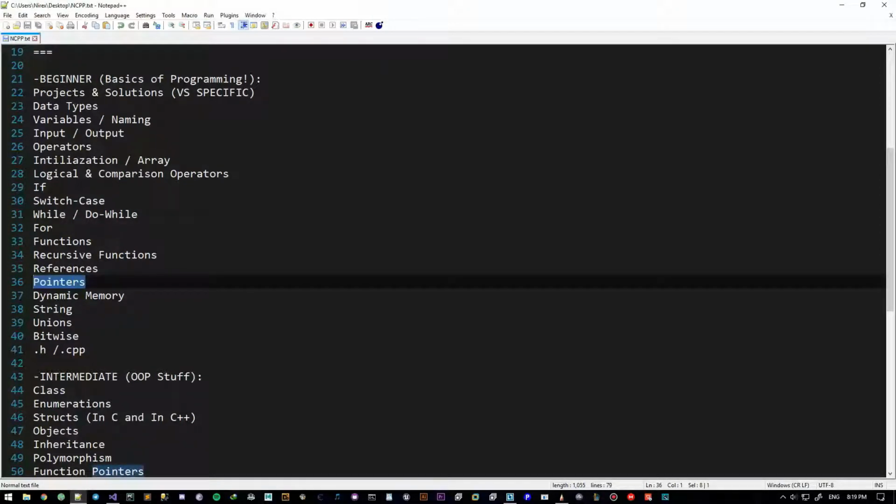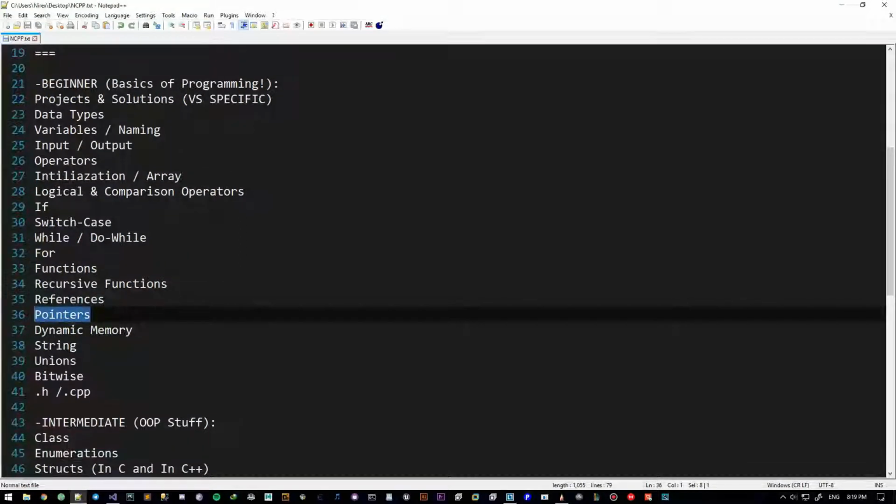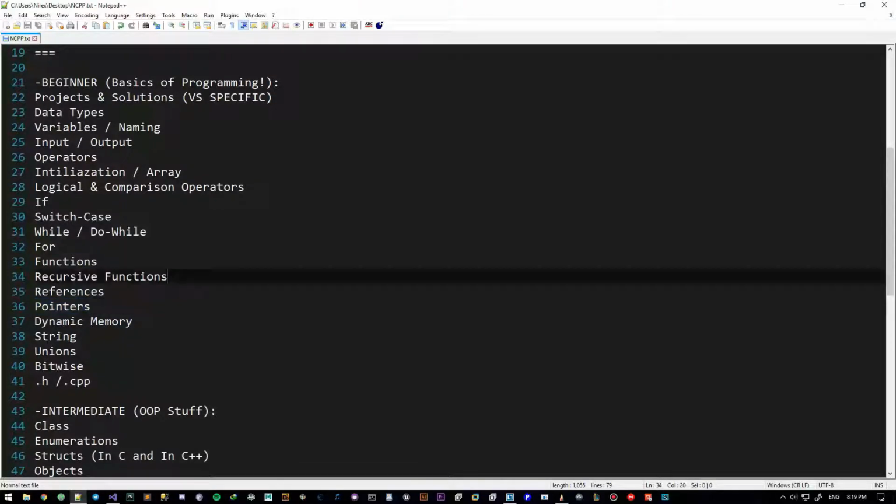Now, at this point you may have already noticed that we have reached the topic of C++, the one that everybody hates more than recursive functions. The tip of the iceberg to what C++ actually is: pointers. It's one of the most hated and most confusing subjects.